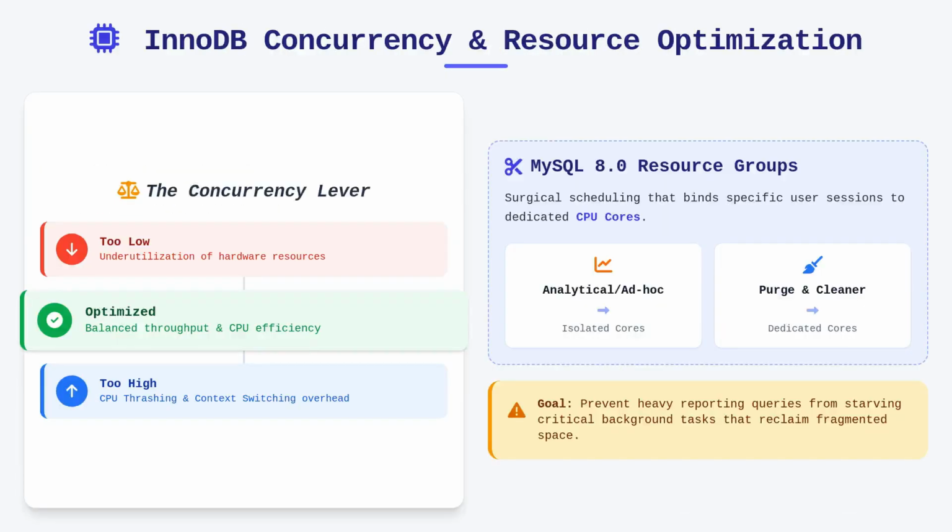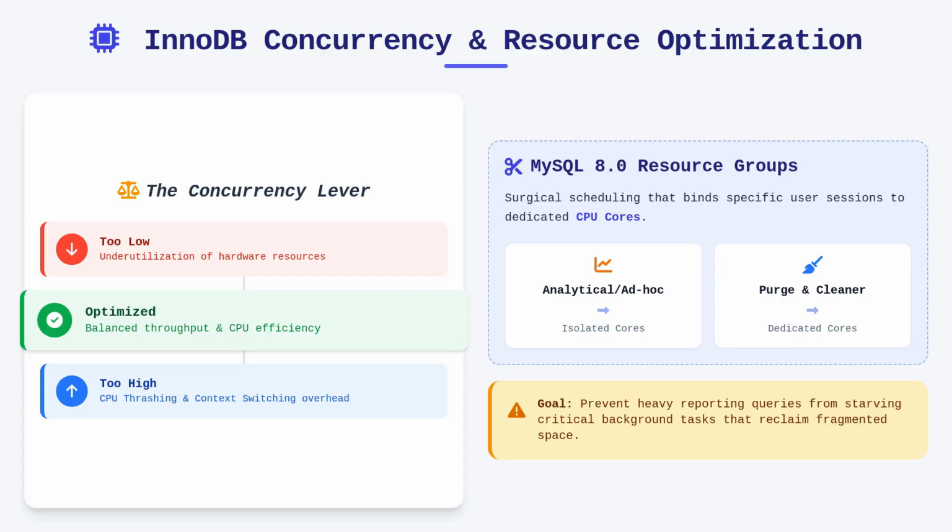In highly concurrent environments, the InnoDB thread concurrency setting becomes a lever for preventing CPU thrashing. While setting this to 0 theoretically disables concurrency control, leaving it to the engine to allow as many threads as possible, high-traffic systems often benefit from explicit tuning. If the thread count is too high, context switching overhead degrades performance. Yet if it is too low, you prevent the database from fully utilizing available hardware resources.